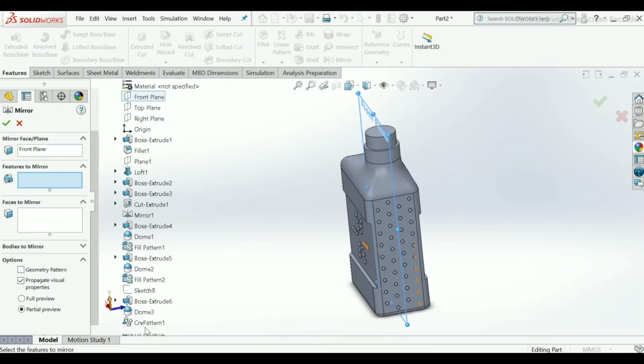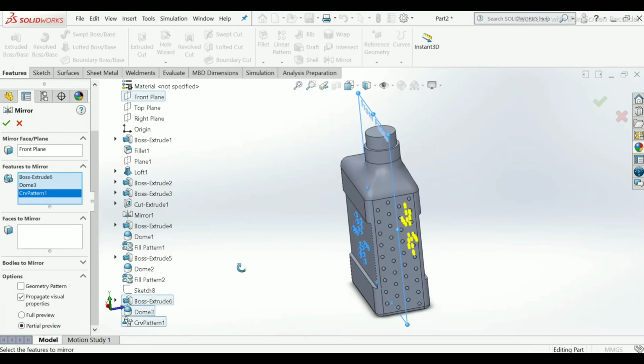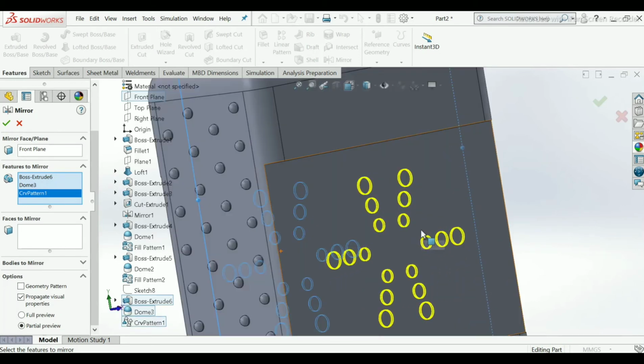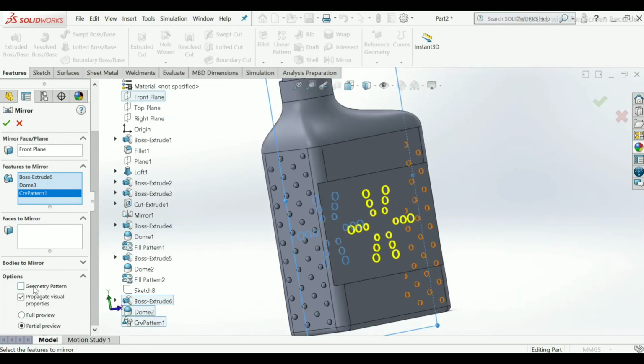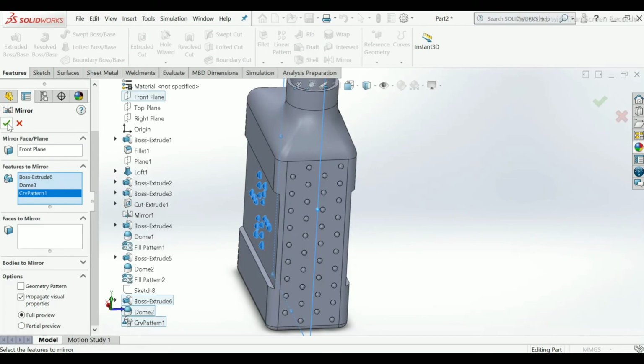Features to mirror, select this boss, dome and curve driven pattern. It shows the preview of it. Okay.